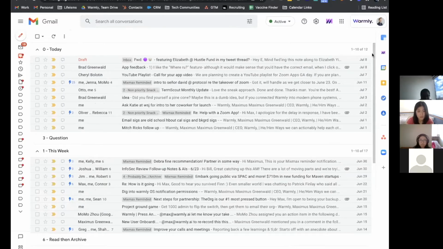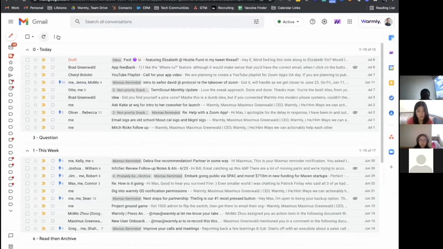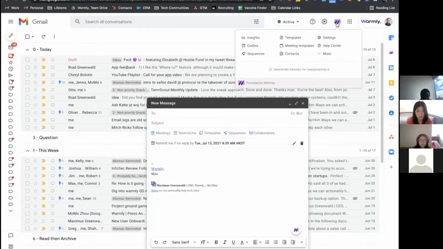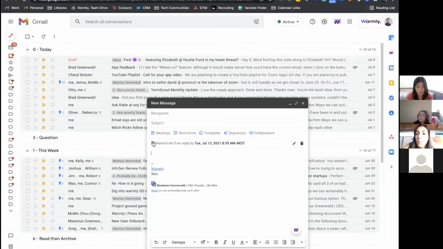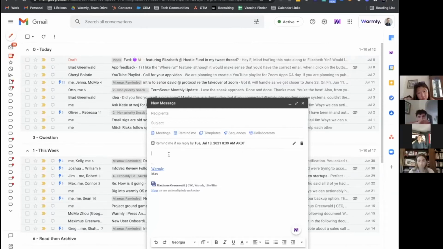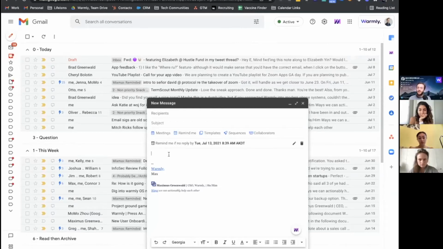I also have some additions to my email to make things faster to reply and connect over email. So I use Mixmax as an email add-on. And what that allows me to do is several things. One thing that I think is super important is it automatically sets a reminder for me that if somebody does not reply to my email in 4 days, it boomerangs back up to the top of my inbox. So I never send an email that somebody will not reply to me on, because it'll come back to me and I'll then reply back to them and say, hey, just checking in. Have you seen my email yet?